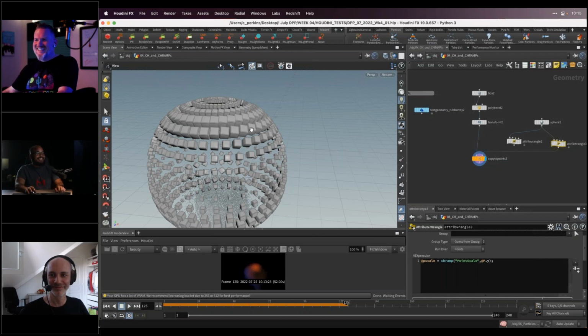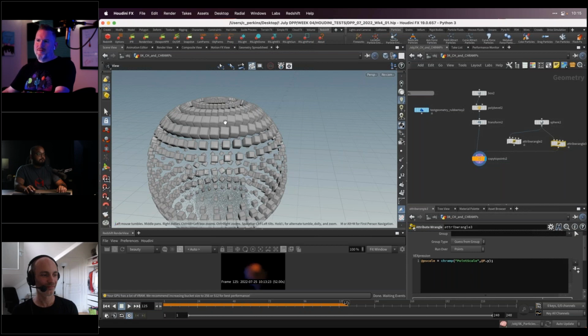Yeah, I think it's important to remember that we're artists. When I'm looking at Houdini and at the rotation of these cubes, do I need to know the rotation of these cubes on this sphere to teach? Yeah, that would have been helpful.